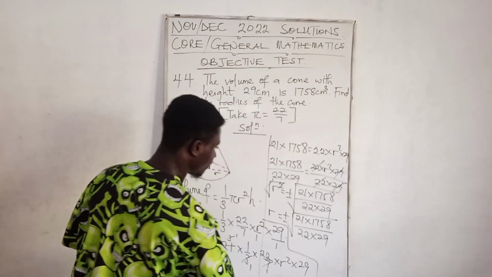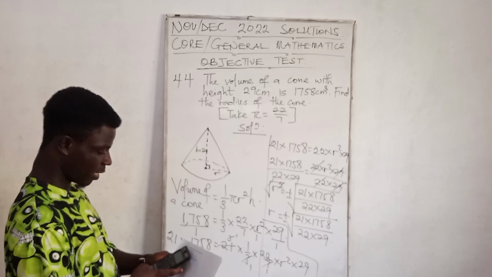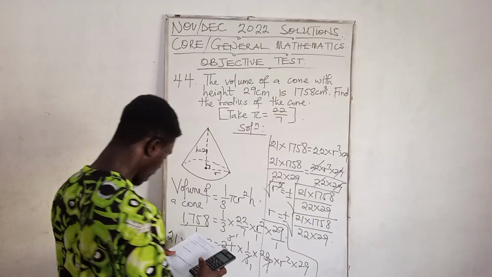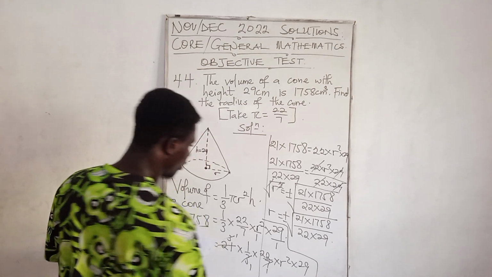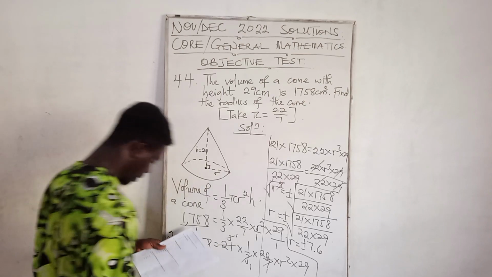So now let's see. Square root of 21 times 1758 divided by 22 times 29, which we are getting 7.6. So we get plus or minus 7.6